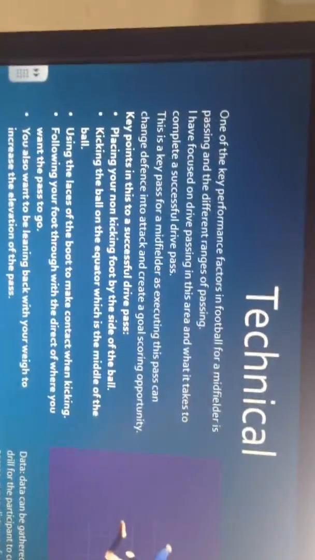Right, we move on to the technical side of things. With technical, as you can see, one of the key performance factors in football for a midfield player is passing, different variations of this and different ranges. I've focused, as I said, on the drive pass. In this area and what it takes to complete a successful pass,